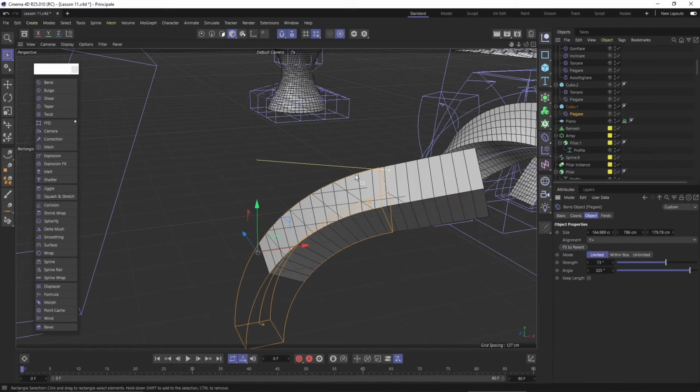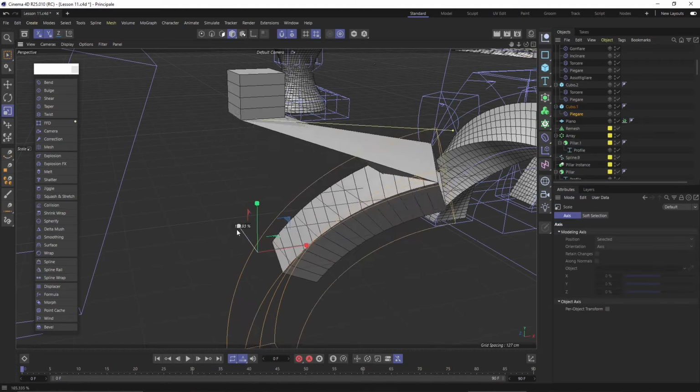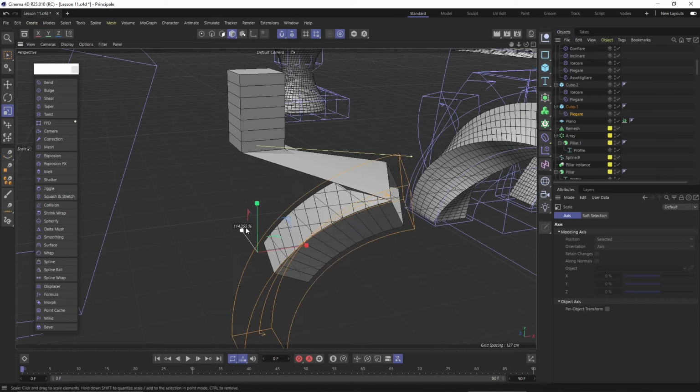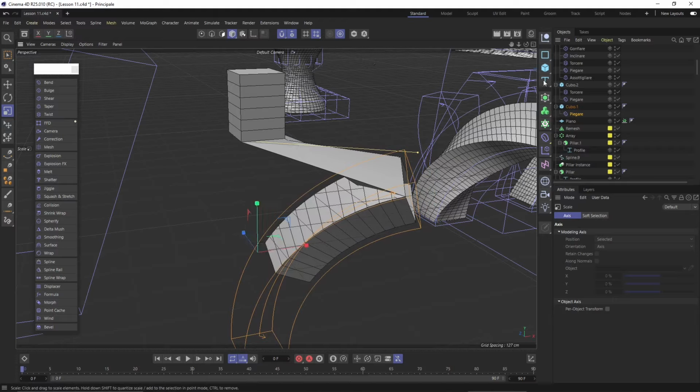So limited to the box will bend only what falls within the box. Now I can also scale these a little bit, make it smaller and bigger. So it's like any other object, but